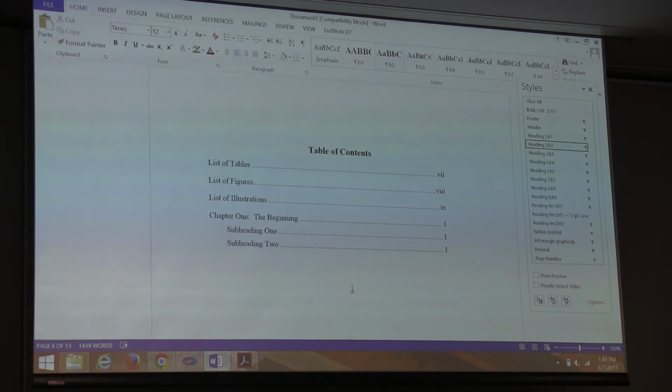What do you do if there's not something already there to update? If there's nothing there, it'll come up with a little error message that says no entries found. But you can update it all the time. You can add a couple more things and then update it again. Add a couple more things, update it again. How do you start? Just that same way. Just right click on it and say update field. If there's nothing there, then that's fine.